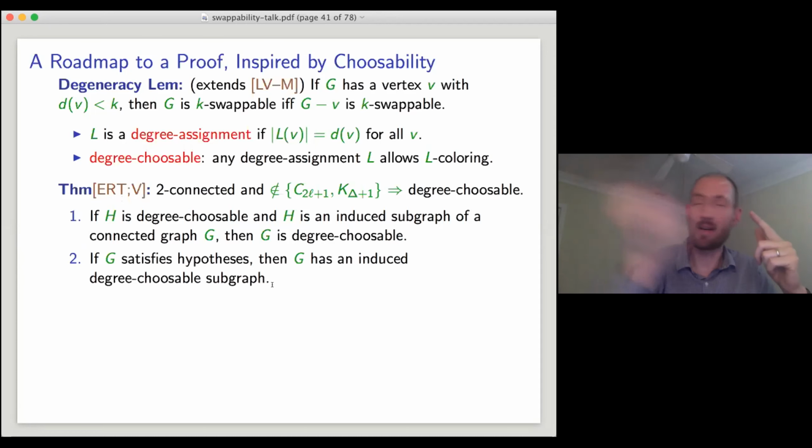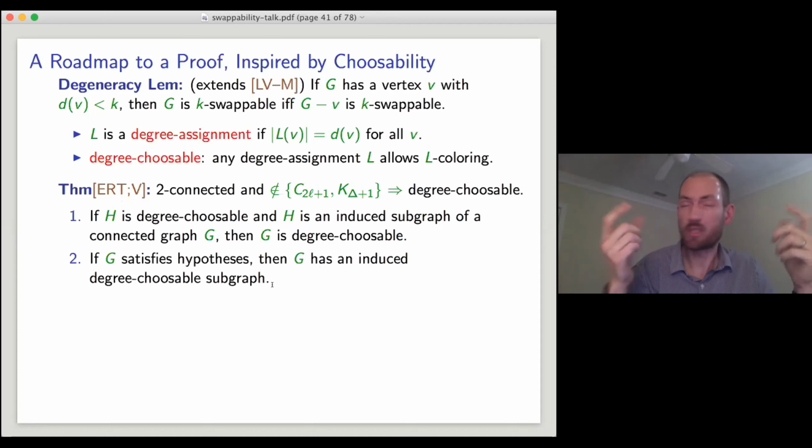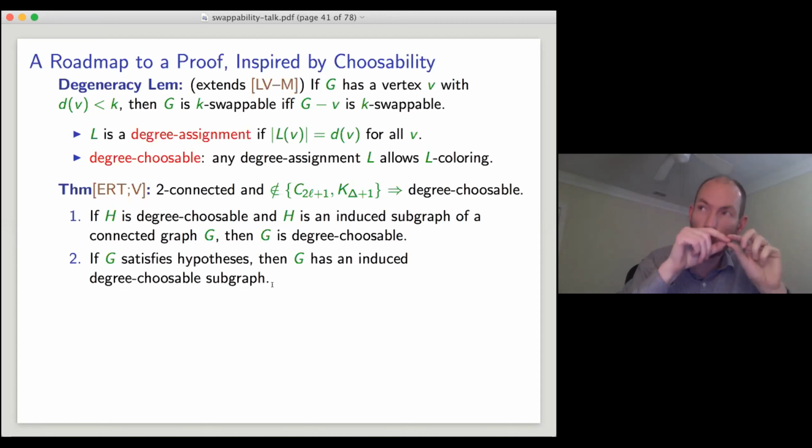It's just an even length cycle, which it's fairly straightforward to prove is choosable from lists of size 2, or an even length cycle with 1 chord. Those are both degree choosable. So what we would like to do, if we go back,